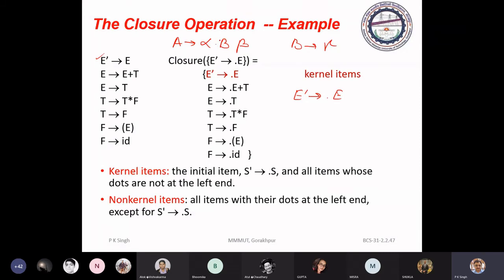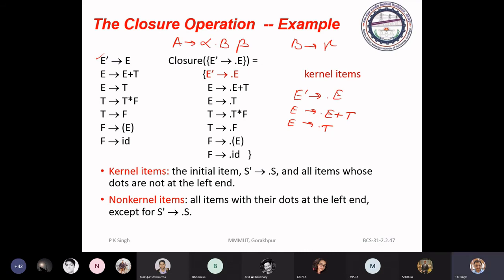So non-terminal E is just after dot, and you will look for the productions having E on the left side. So we have these two productions. Using this, you can write E to dot E plus T and E to dot T as closure items to this item.